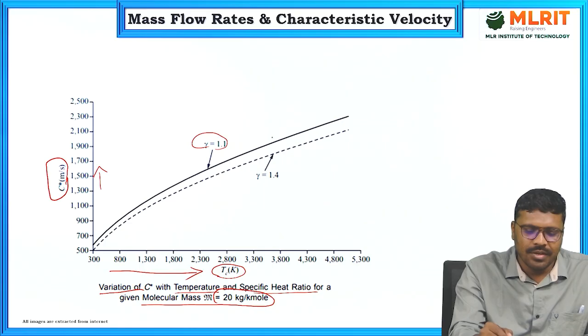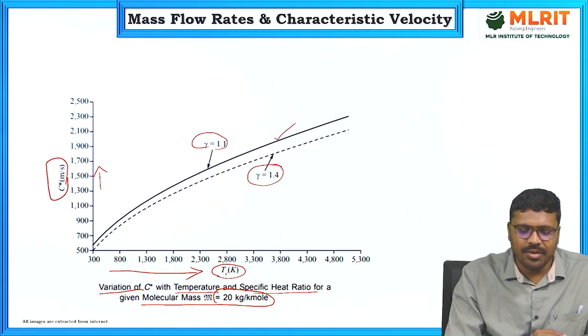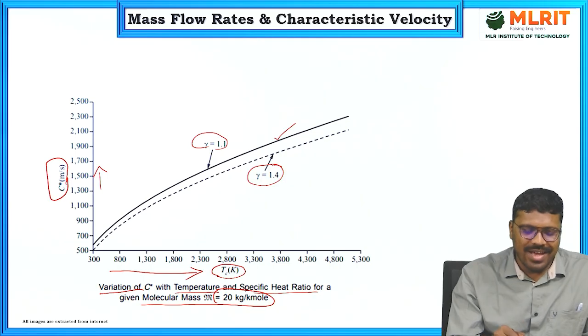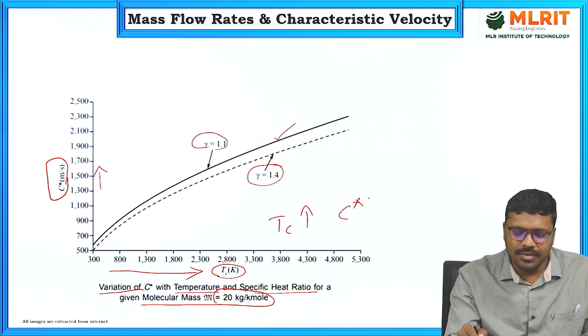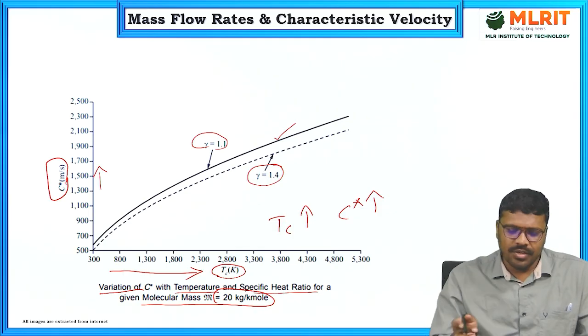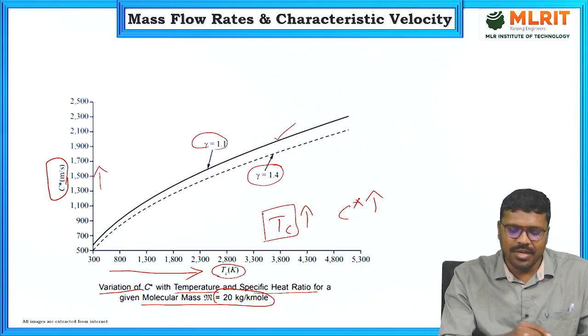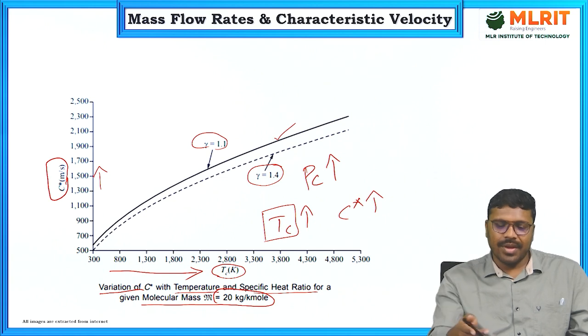This solid line is for gamma equal to 1.1, and this dashed line is for gamma equal to 1.4. So as the temperature in the chamber increases, C star also increases. So even we can say as the temperature of the chamber increases, the pressure in the chamber also increases. So if you get more pressure in the chamber,